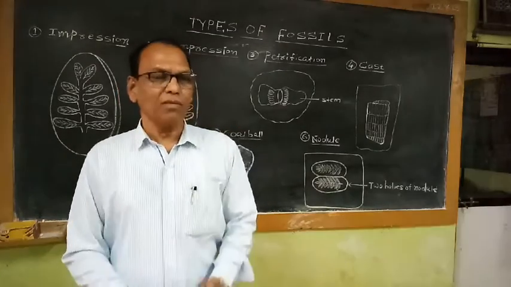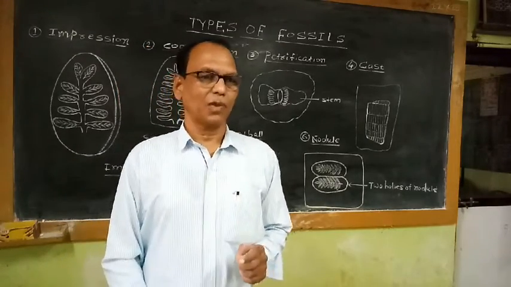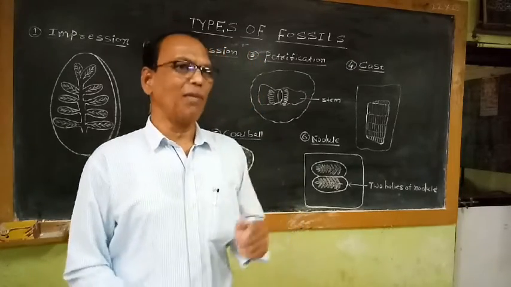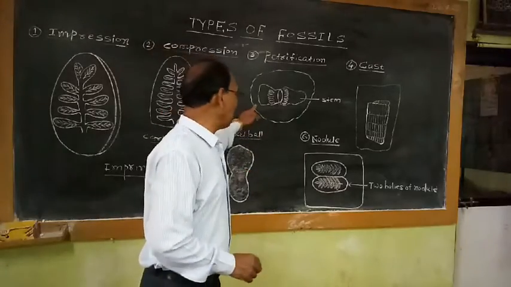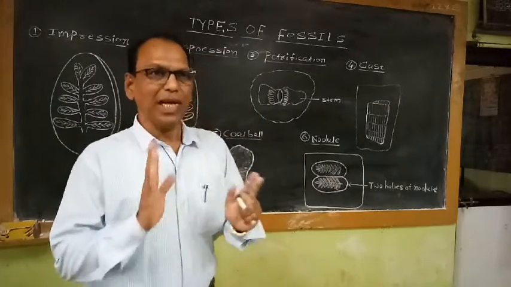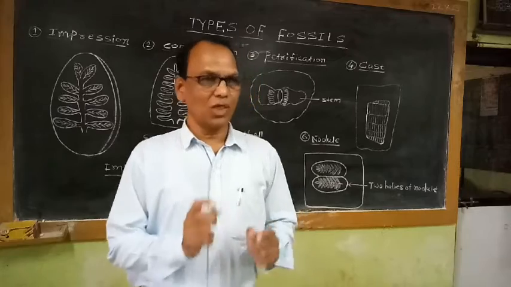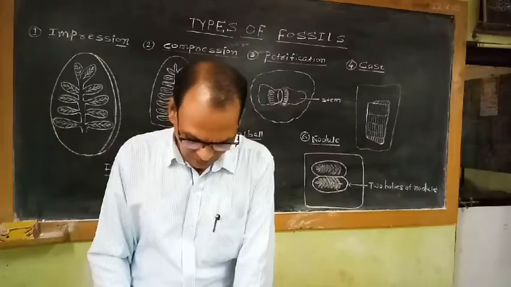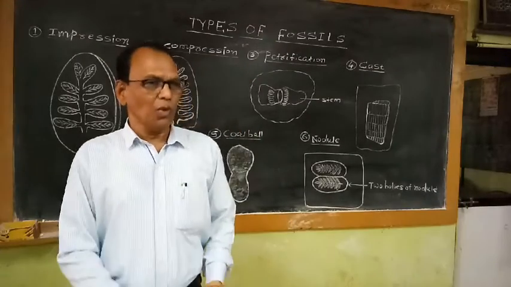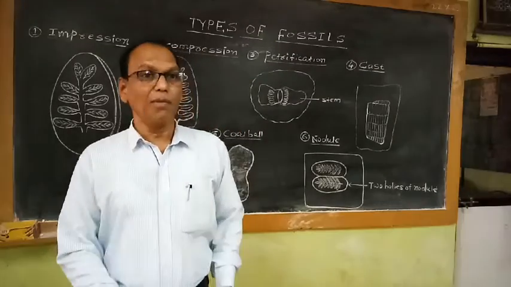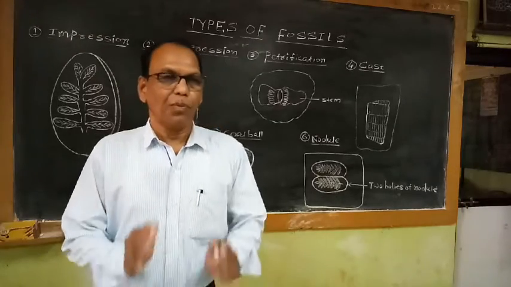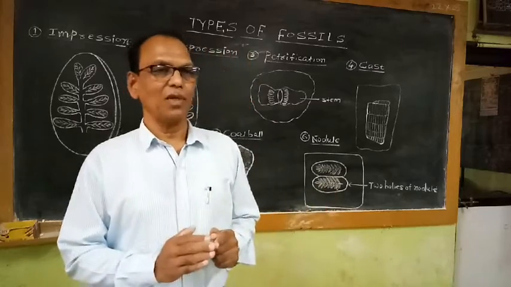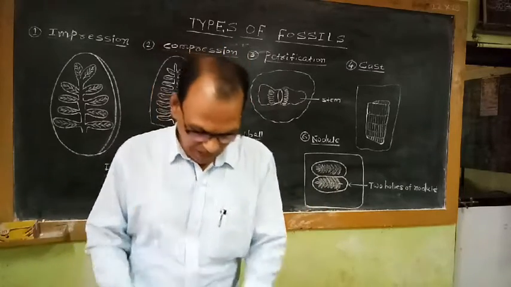So organic matter is totally replaced. Organic matter which is present in the plant tissue is totally replaced by mineral matter. That means the replacement of organic matter by mineral matter maintains the actual size and shape of the particular types of tissues which are already available in the plant organ. The entire shape of the cells, the actual size of the cell, is also maintained.